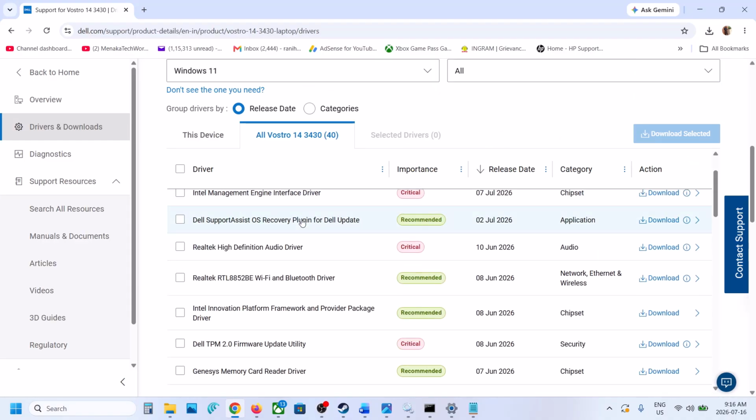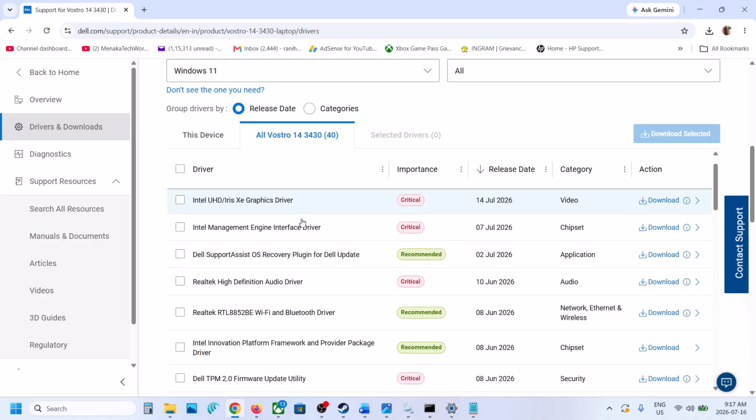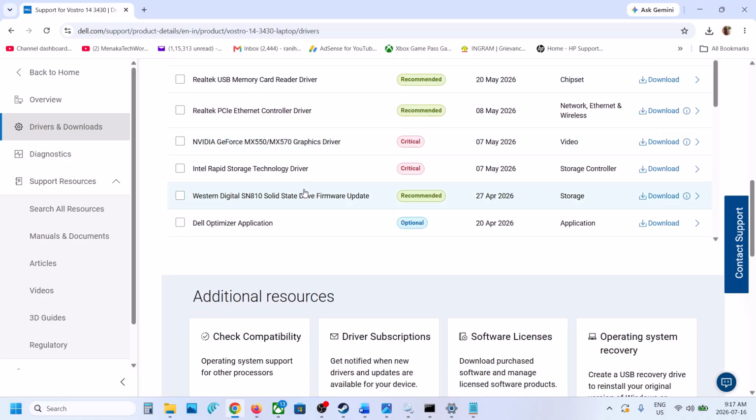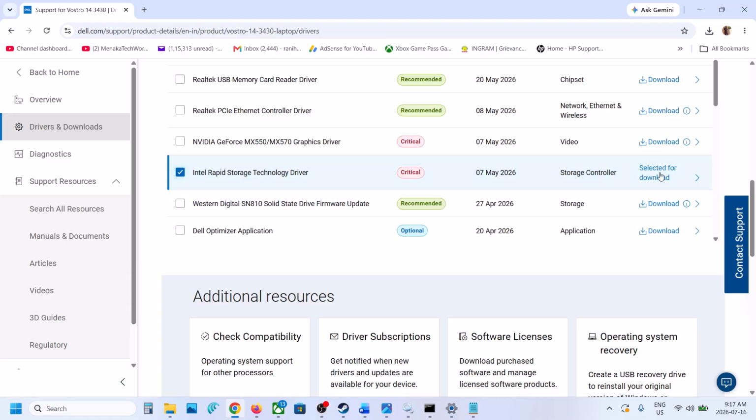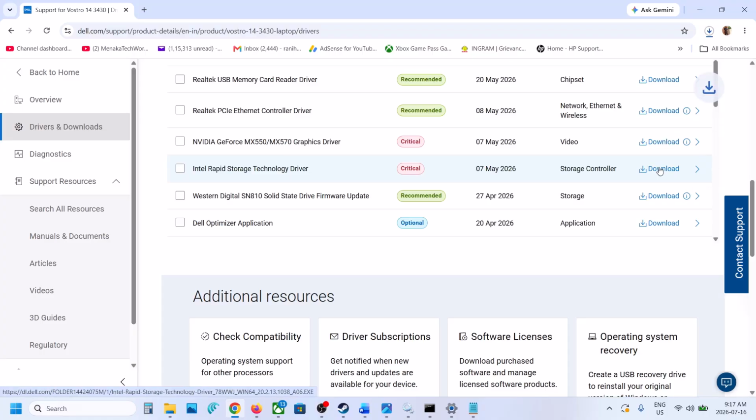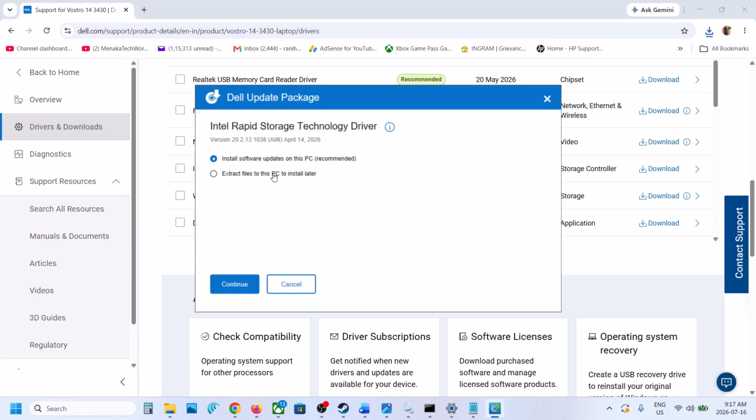select your driver over here. Now you have to select Intel. Scroll down here, you can see Intel Rapid Storage Technology. If you find this driver, you can select this driver and then you can click on download. You can simply click on download, or you can select this and download. So download it. Once the download is complete, you can double click and run the file, run that